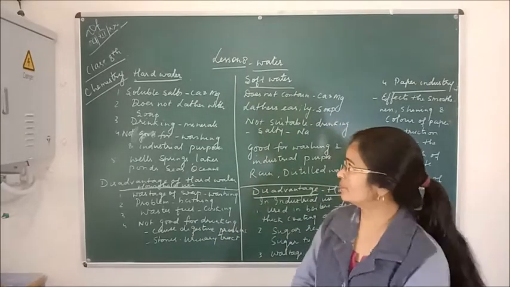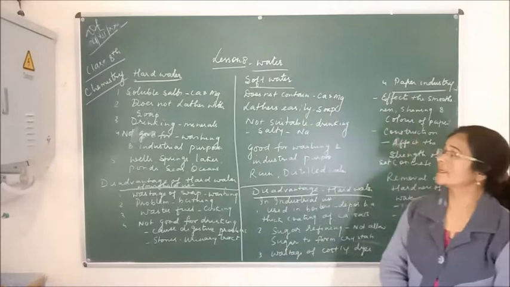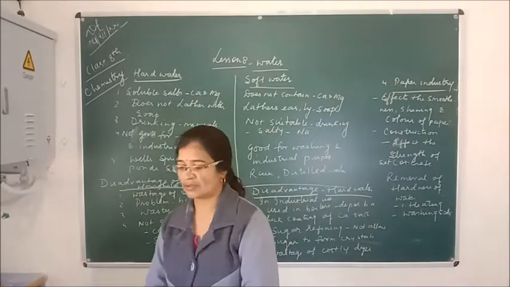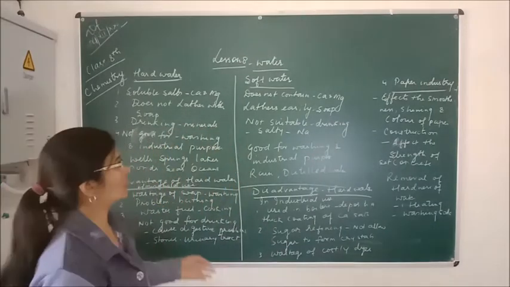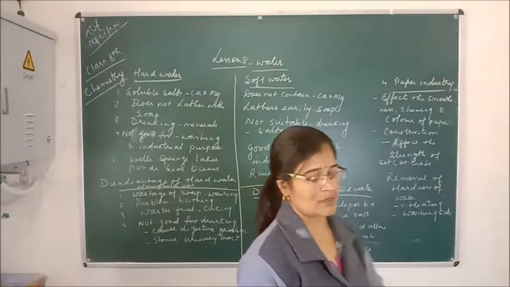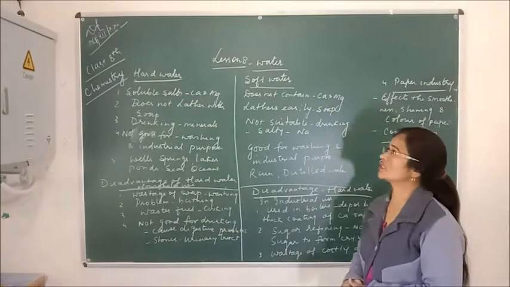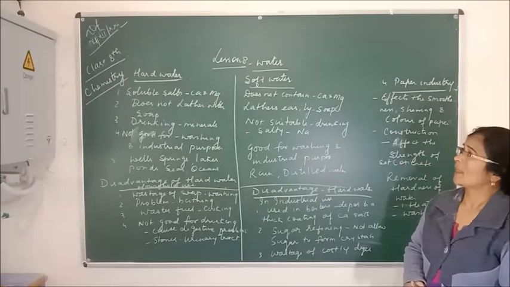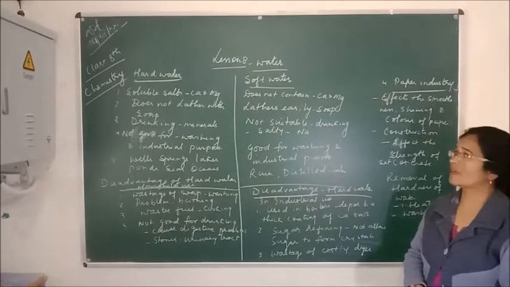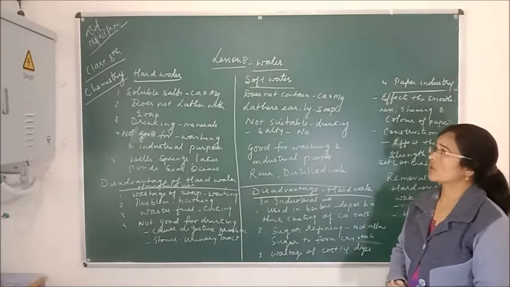Good morning, students. Today in class 8 chemistry we'll discuss the types of water, and there are two types of water: hard water and soft water. So let's discuss what hard water and soft water are, and what causes the hardness of water. First of all, hard water is hard because it contains soluble salts